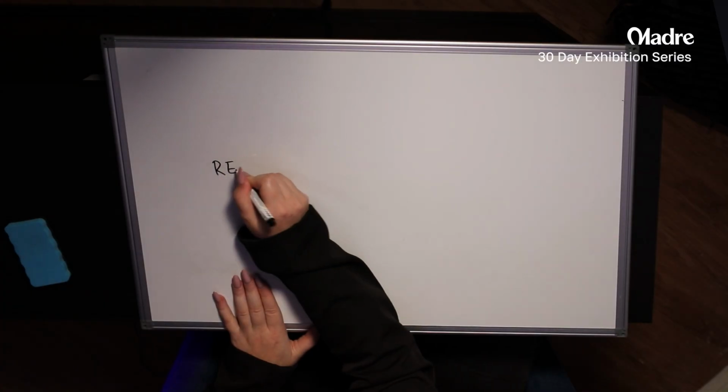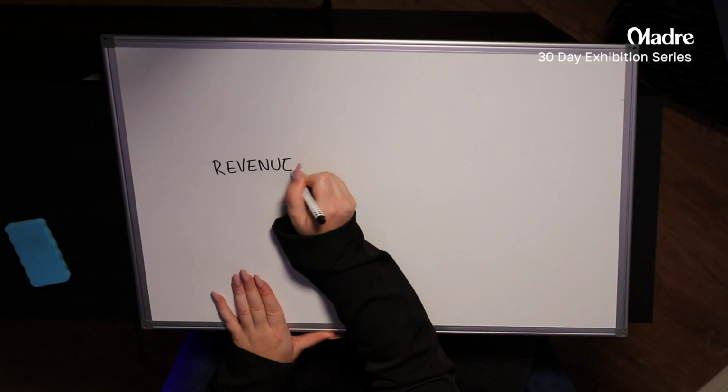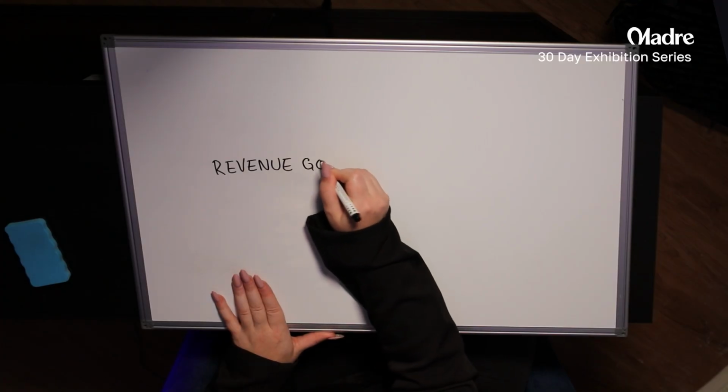Today we're going to talk numbers, and that is exactly how to break down your exhibiting marketing campaign, as well as any other marketing campaign, with the numbers. So the first thing that we're going to start off with is a revenue goal. And in this instance, I'm going to make a fictional company called